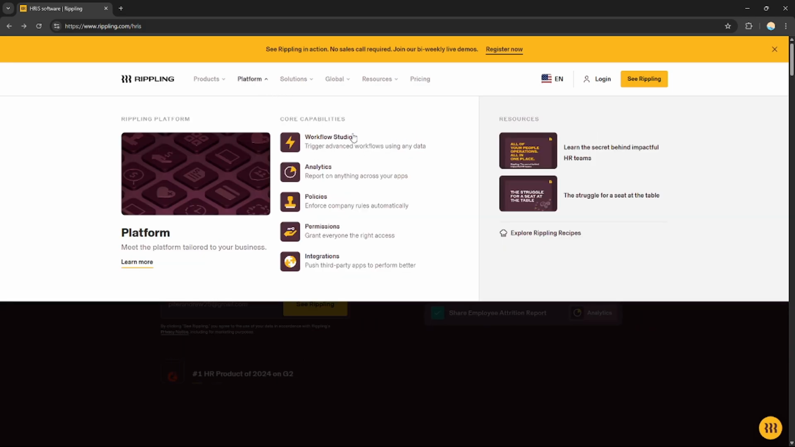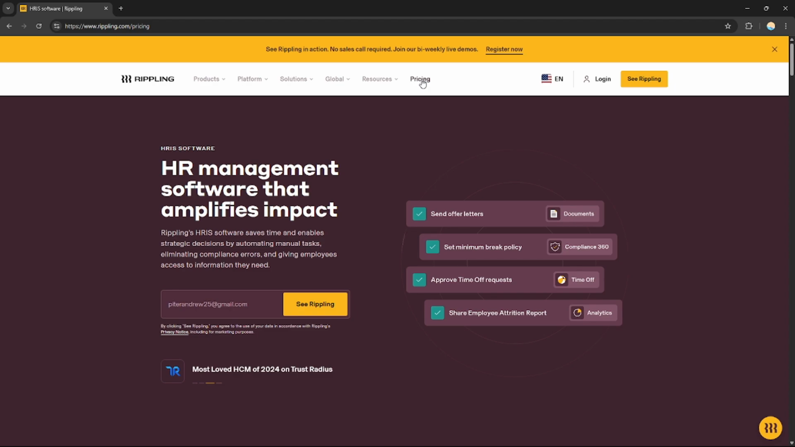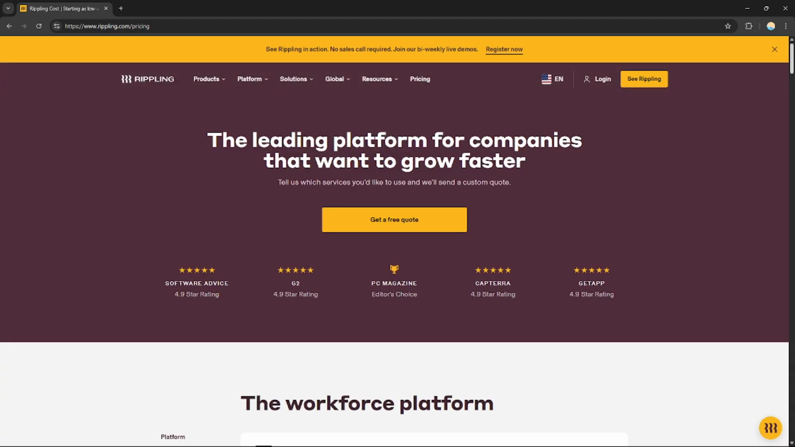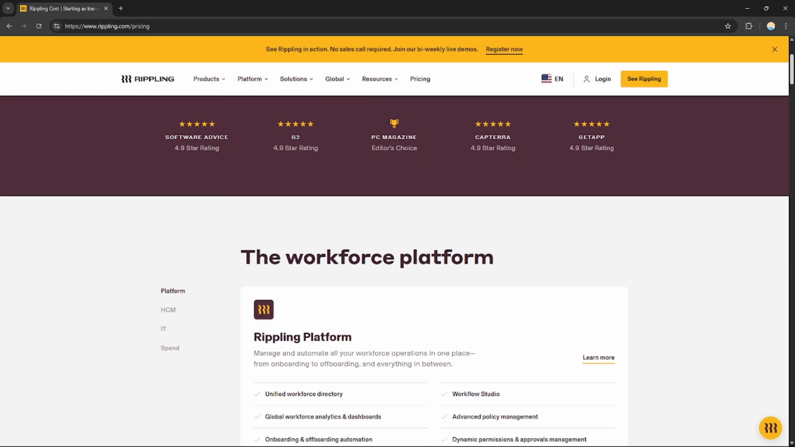This is where you can trigger advanced workflows using any data. You can see the analytics right here. They have analytics, they have policies and permissions to grant everyone the right access, and also they have integration. They offer third-party apps to integrate in your Rippling account to perform better. So yes, that's it. After that, lastly for the pricing, Rippling offers custom pricing